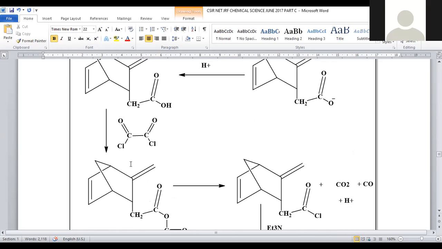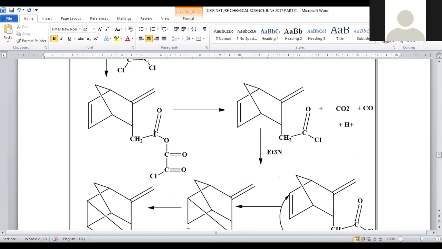How can we incorporate it? Cl minus will be eliminated and this O minus will be bonded to this C double bond O group, so that C double bond O, C double bond O, C double bond O, Cl will be generated. And subsequently, we can discard this carbon dioxide molecule and 2 moles of carbon monoxide, since it is highly sterically hindered.